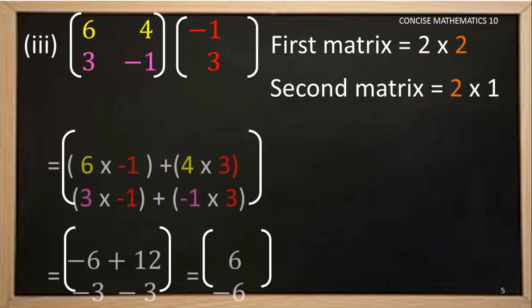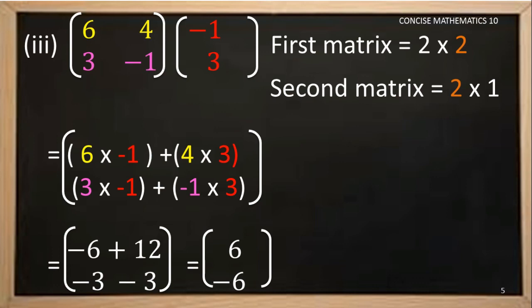Question number 3. This matrix is of the order 2 by 2, first matrix, and the second matrix is 2 by 1. The first matrix is a square matrix where the number of rows is equal to the number of columns, and the second matrix is of the order 2 by 1, 2 rows and 1 column. Here you can just note down, children, as we have 2 rows, we proceed with first row, first column, second row, second column. So just note down the place of the second row. Second row is one below the other. It is below the first row, so elements will also be placed below.